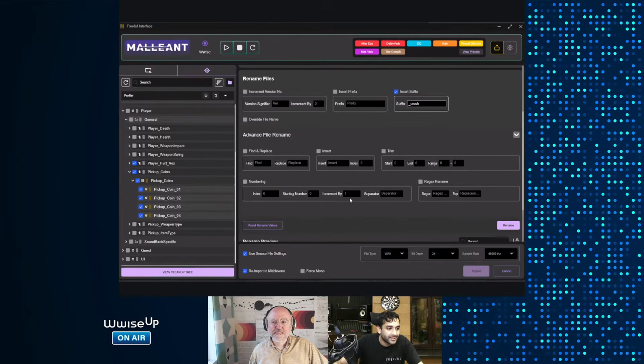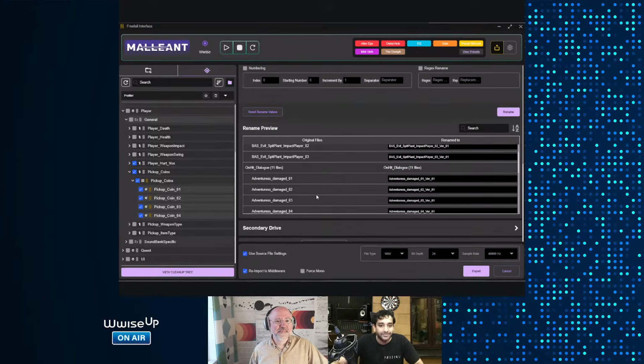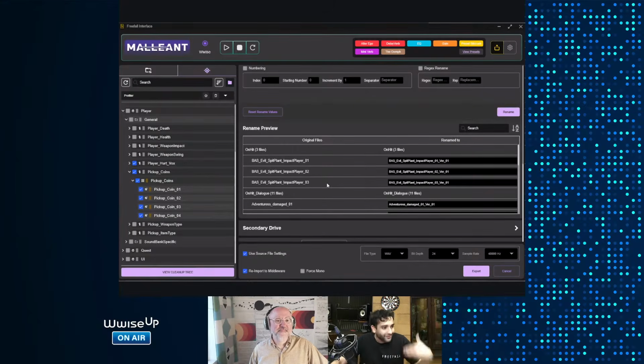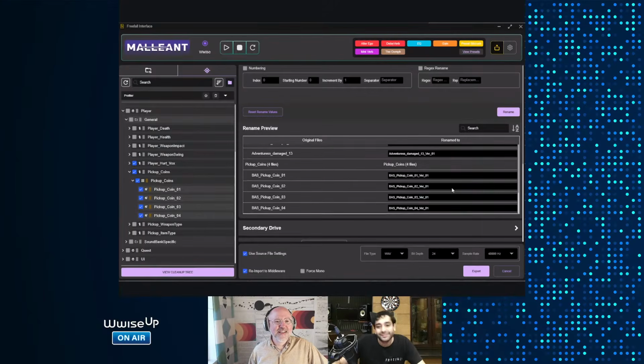We have the renaming section. You rename, pretty standard options. My favorite one is the version number. So just add VER, increment by 1, and you rename, and you get to see a preview of how all the files will look before you export, before you commit. Just in case you feel the need for, oh, you know what, this particular one, the evil spit plant, I want to call it something else. So I can click over here, this one is different, and enter. So now that one is different.